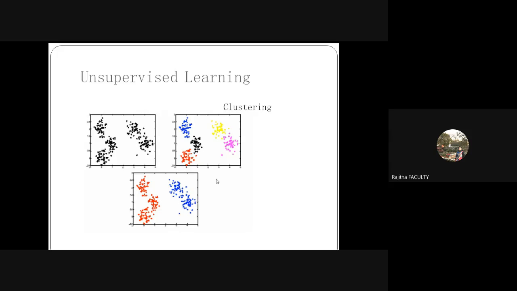I don't have any prior information about the participants who have participated in that meeting. So I'll be looking into the similarity of those individual people itself. In that group of 100 people, I'll just look into the similarity among them, and I'll group according to those similarities. So if I do that, it is going to be clustering.